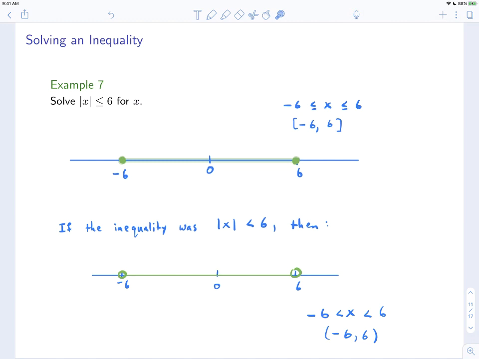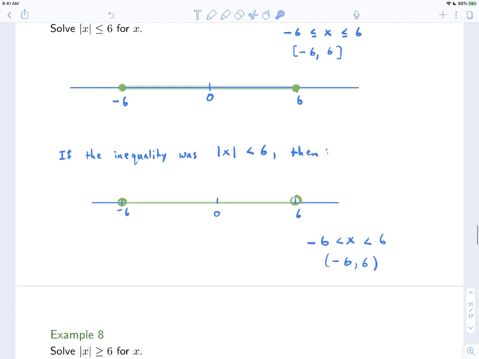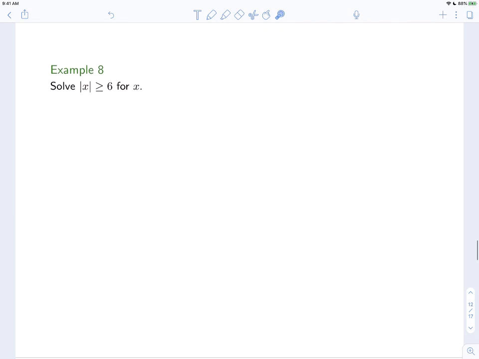So in our next example, we'll look at the opposite. In this example, we're looking for all x's where their size is bigger than or equal to 6. So that means we don't include 0. We're looking at large values because the large values are far away from 0. So in terms of a number line,